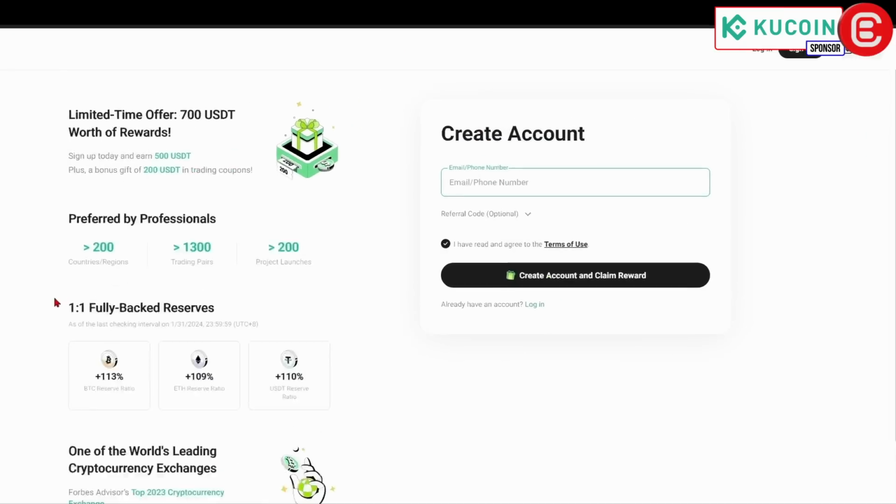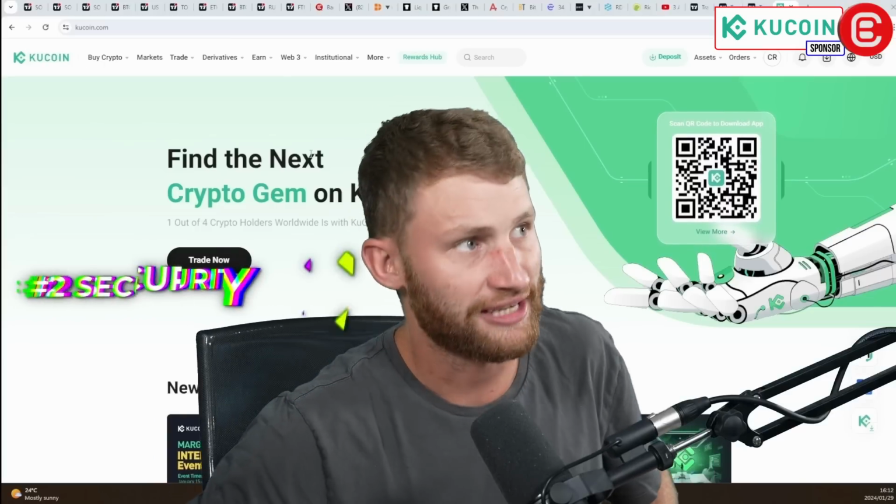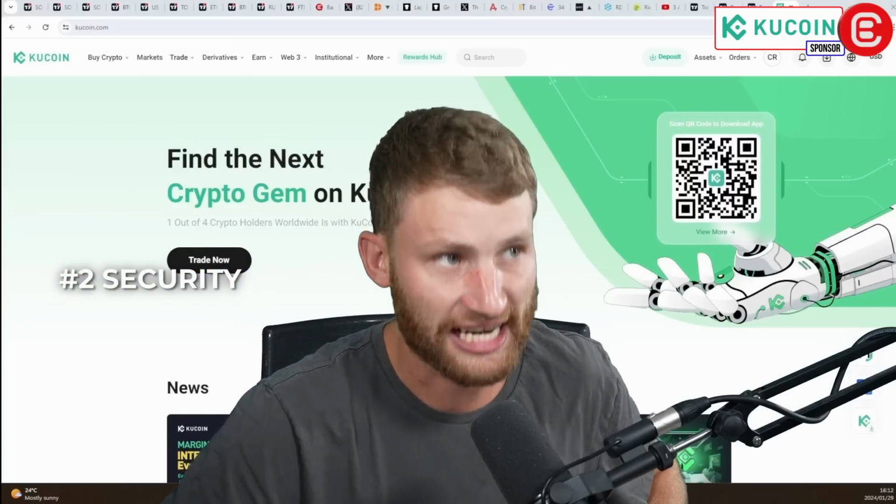So what you want to do is you want to click on that link and it's going to take you to the create a profile page with Kucoin. Now what you need to do is you need to put in your email and then you're able to log into the account. Now that you have that, you will then come to your Kucoin dashboard over here,